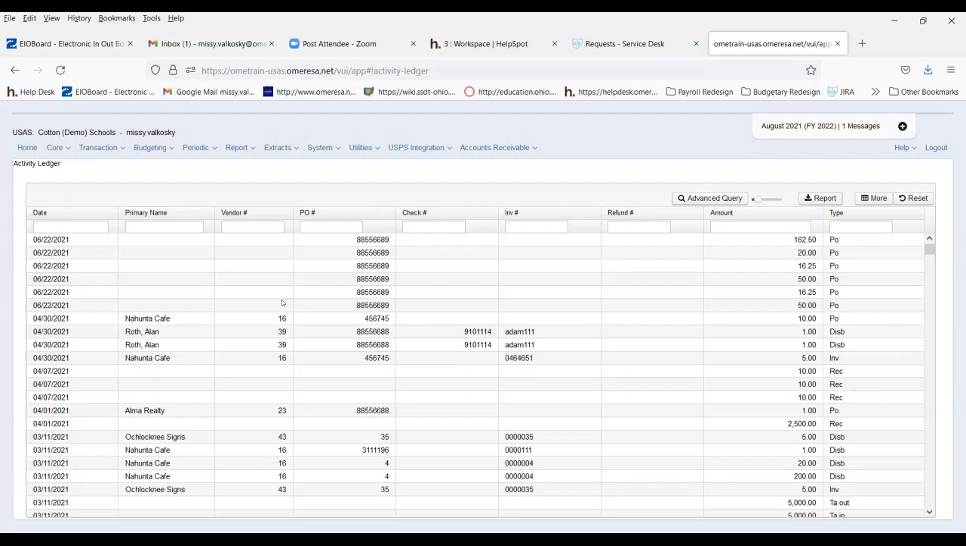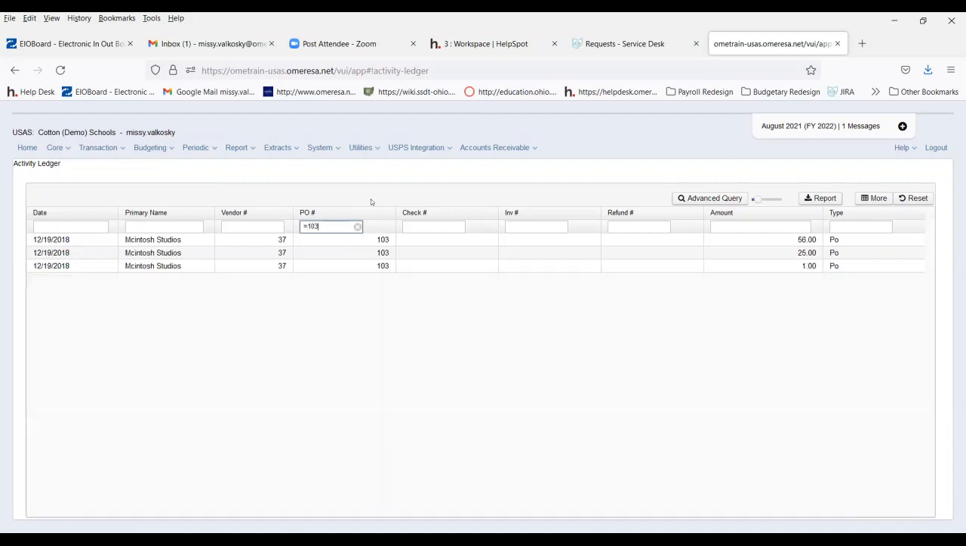Transactions, activity ledger query is EIEIO. It doesn't process anything, it's just a way to look up something. It says it right there. So again, you add with the more button whatever you want to add to it: purchase order, check number, invoice, vendor, whatever. And then if you want to see all the transactions about purchase order number 103,